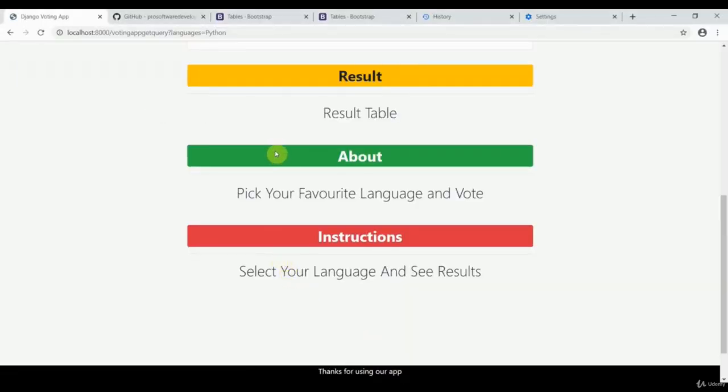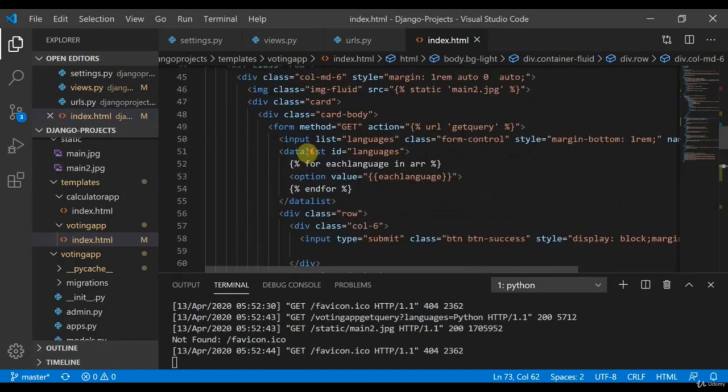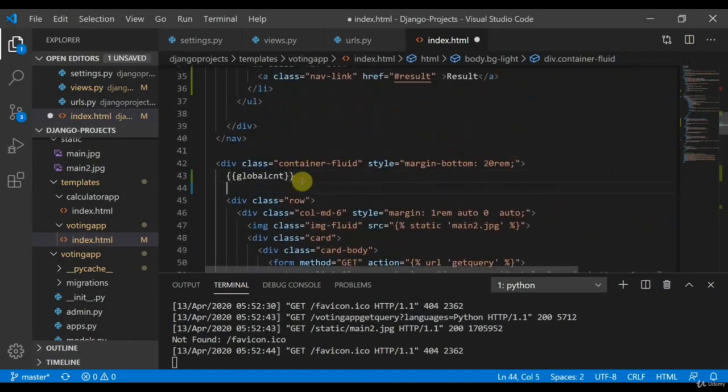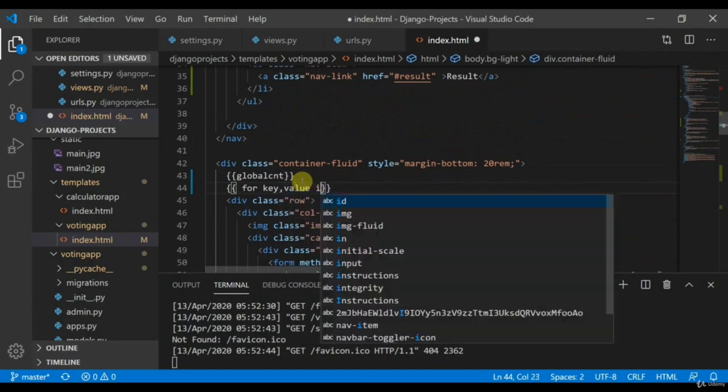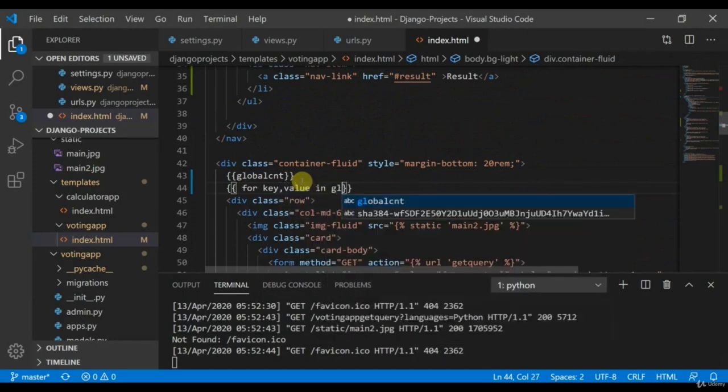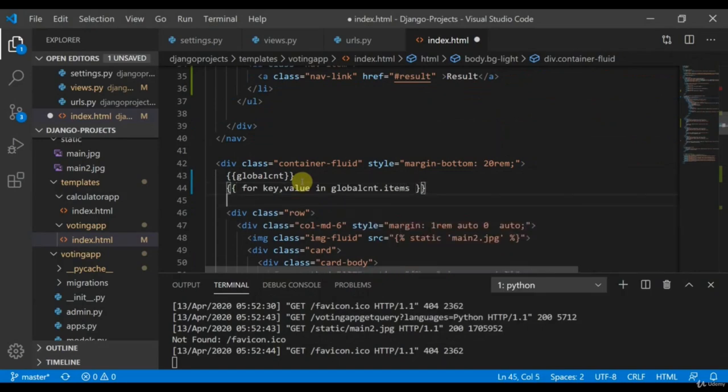So what we are going to do, first we are going to render the dictionary to the front end part. I'll show you how you can do this. So this is a dictionary. What we can do is use a for loop for key, value in global count dot items. So basically I'm referring to both the item, that is the key, and the value, and then I would end this for loop